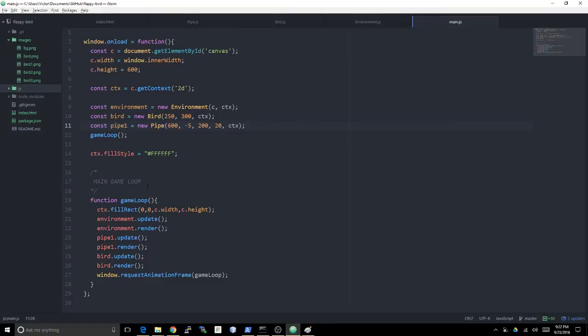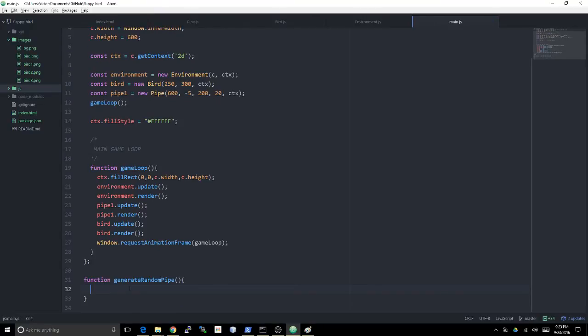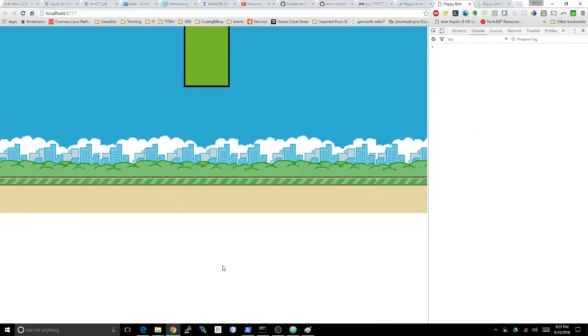We basically have to have an auxiliary function that generates a pipe, like a whole pipe with an opening. So let's go right here. We're gonna say function generateRandomPipes, and in here we're gonna say let length1 equals some amount between 100 and